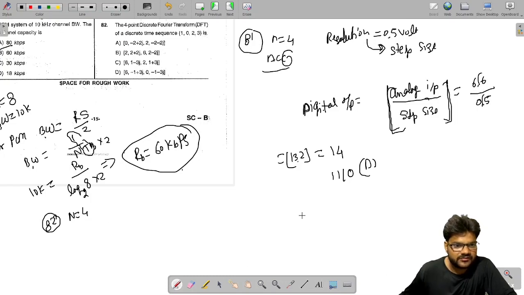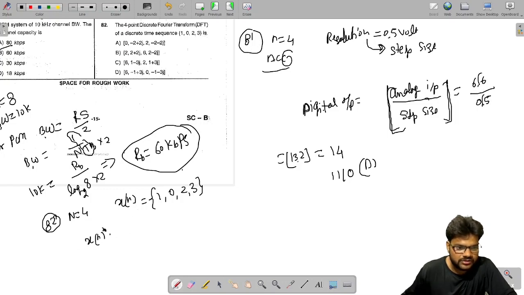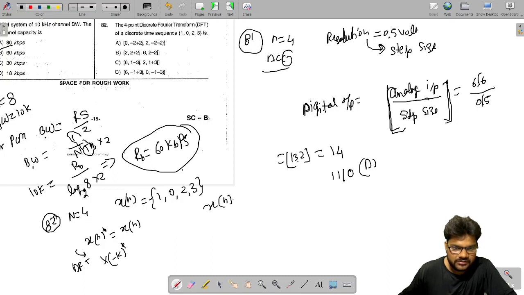The x[n] we are given is 1, 0, 2 and 3. From this you can see x[n] is real, right? So x[n] conjugate, you can write as x[n], right? And if you take its DFT, then you will write x of minus k conjugate, because you know x[n] DFT is